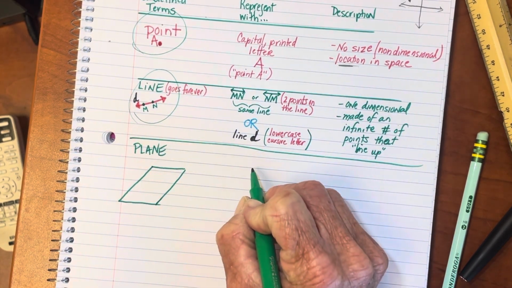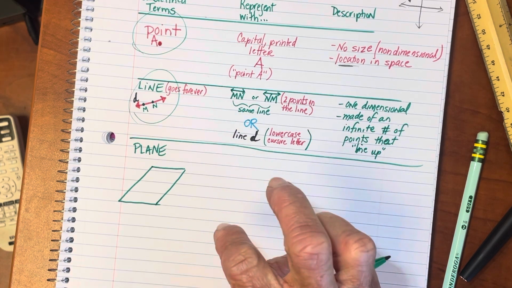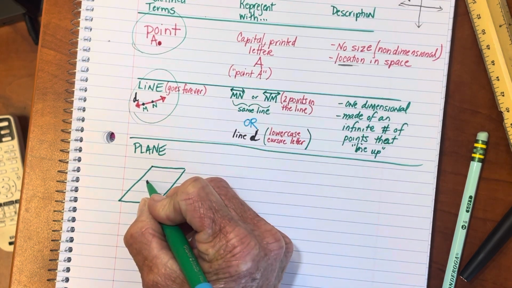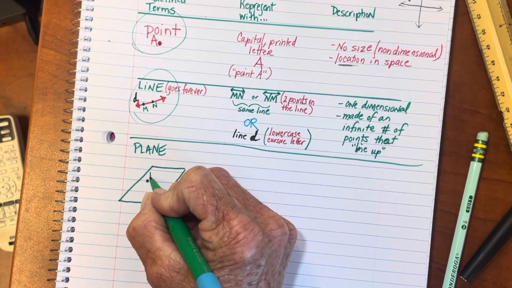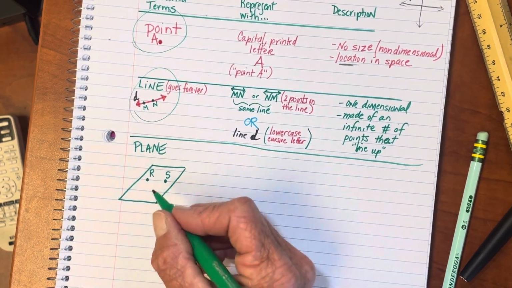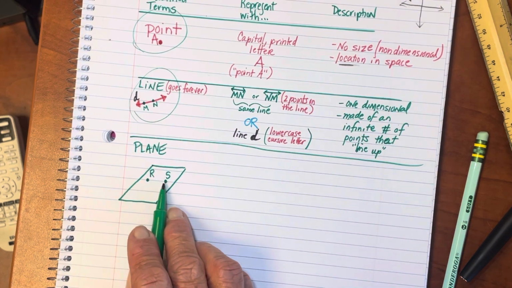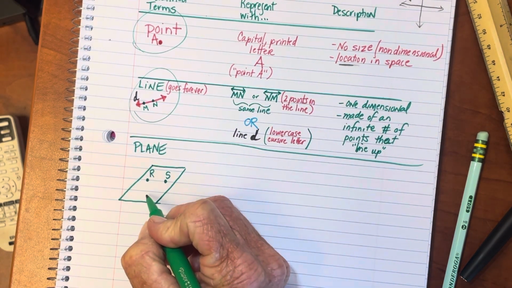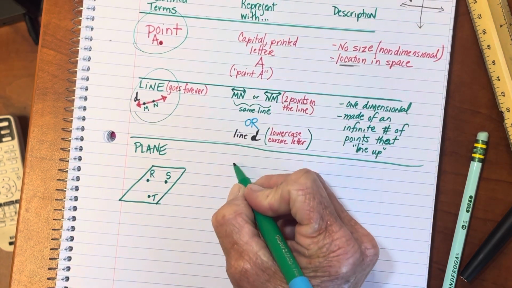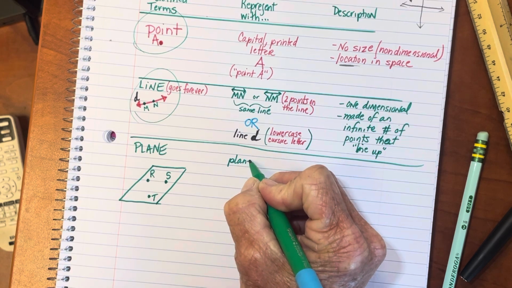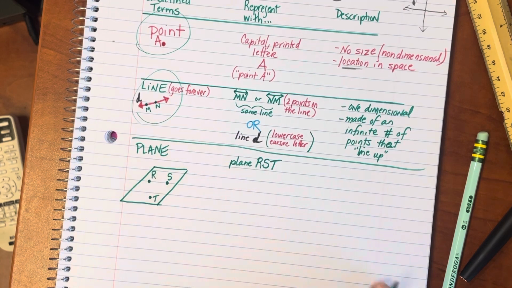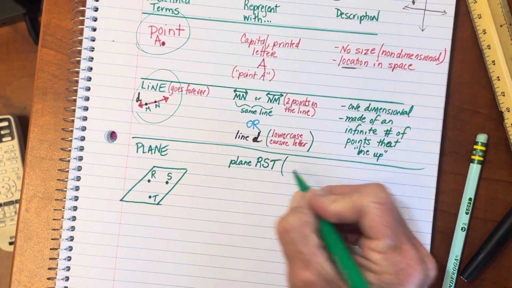If we're going to name a plane using points, we have to use 3 points in the plane, and those 3 points cannot all be on the same line. So for instance, since we can see the line of my paper, if that's point R, and I also had point S, I can grab a third point in this plane, but it can't be another point that's on that line. So let's just say that point T is down here. One way to name it would be plane RST. And again, the order of the letters doesn't matter, but what's important is that we've got